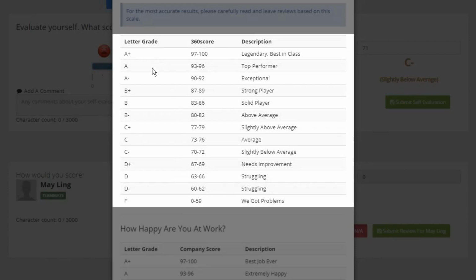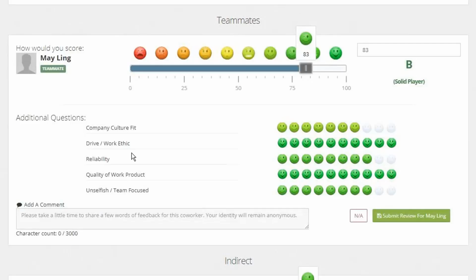Average is not an A+ or an A. Average is a C. If that is done, you will find that the scores that your individuals receive will be pretty close to the actual reputation they have in the organization. Generally, these questions end up being not far off from the score that people give on the 360 score.